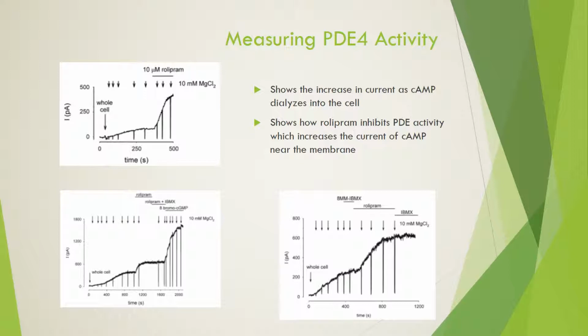In this first graph, it shows the increase in current as cAMP dialyzes into the cell. And then as rolipram is added, there is a large increase in current because more cAMP is being able to reach the cell membrane. In these last two graphs, it shows the same beginning portion as cAMP is dialyzing into the cell. Rolipram is added and there's a large increase in current. And then as 8-bromo cGMP is added, there is also a large increase in current because more cyclic nucleotide is being